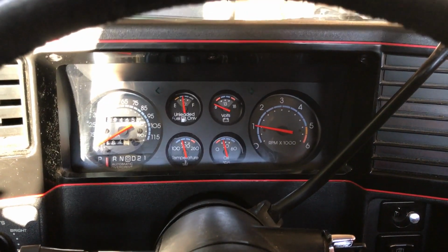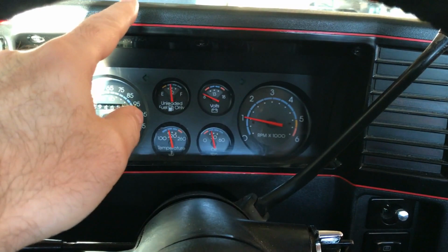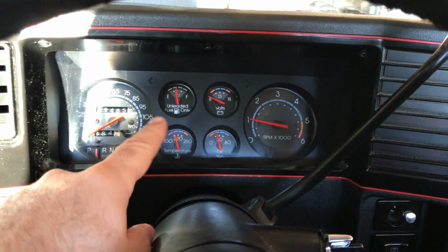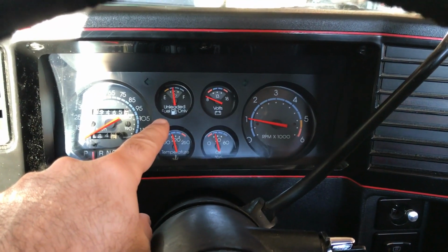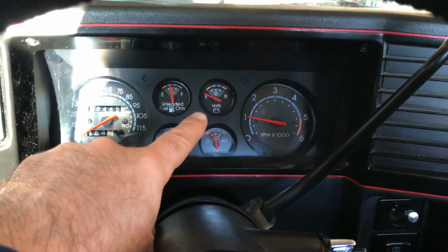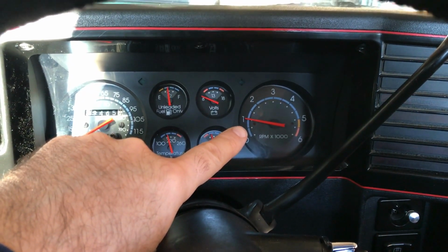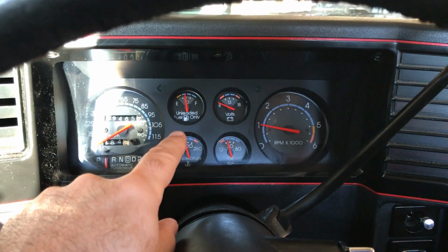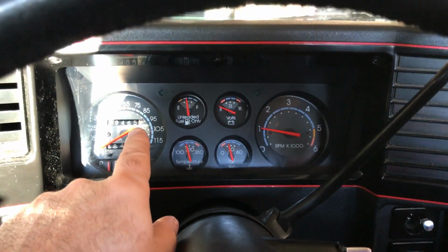So for this process, I'll be detailing the removal of this decorative bezel and the sub bezel, this window bezel. And just note that once you get to that point of removing the second sub bezel, you'll be able to remove the tachometer with 2 screws. I will then go further in terms of the process of removing the speedometer and the third sub bezel, and